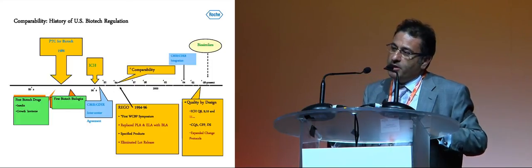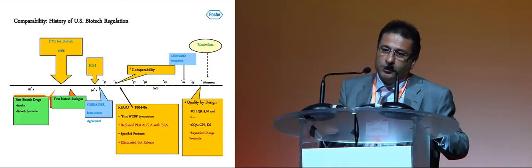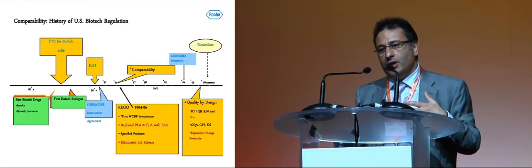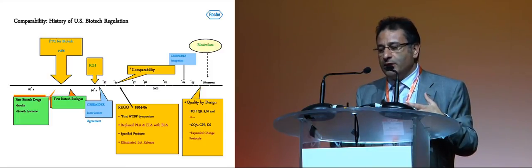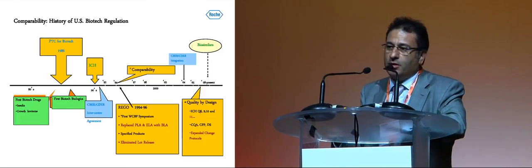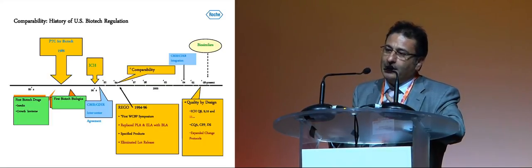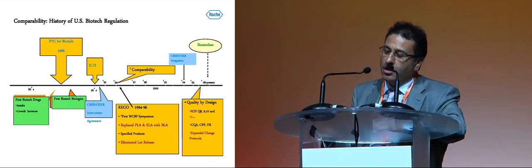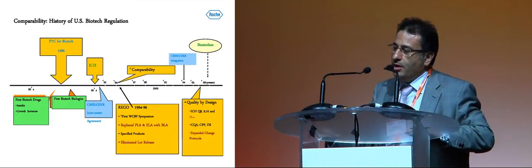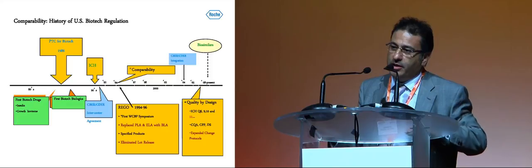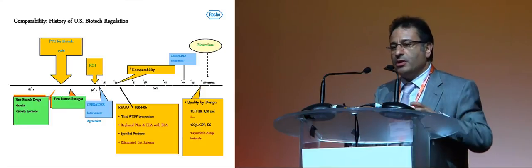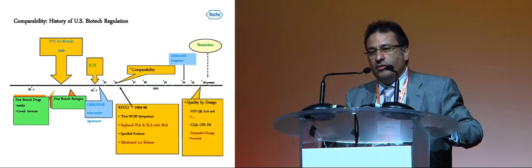But it wasn't really until the mid-90s, with the advancement of analytical technologies, that the concept of well-characterized biotech products came about. And the ability to understand to a better extent the structural aspects of the molecule led to the development of a concept of comparability, where you could potentially make changes to your manufacturing process and so on without having to repeat the clinical requirements that are often needed for a new product registration. So back in the mid-90s, this concept started evolving, which eventually led to the development of the ICH Q5E comparability document,